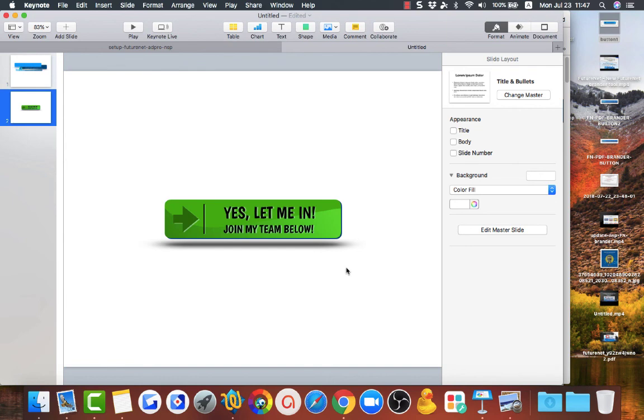So this is something that you can help your team with, and if you want to help them create their own capture pages for your team, people are going to want to join your team if you're providing this kind of support and value. So I hope this was quite an interesting tutorial,